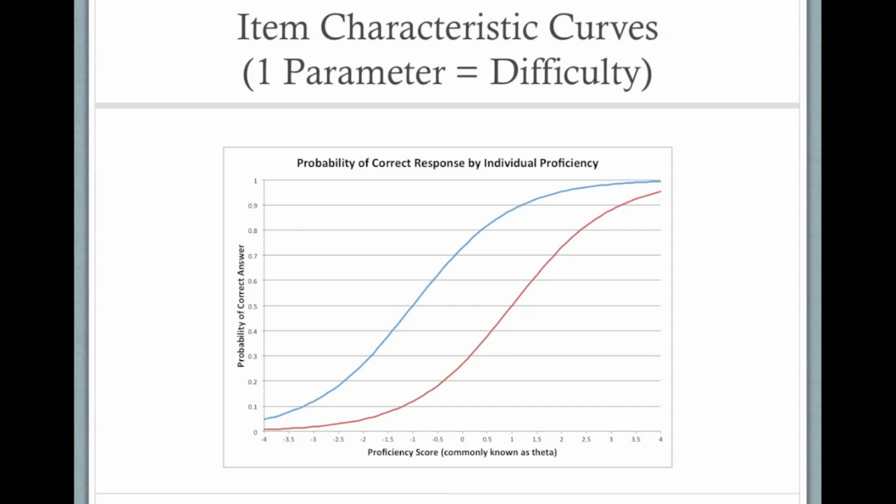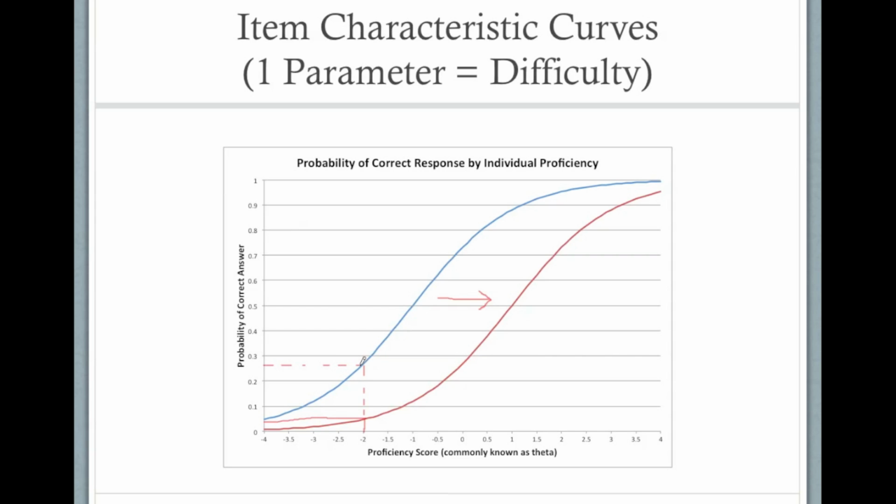Let's look at two item characteristic curves from a one-parameter model side by side. So you can see here we have two items and one is more difficult than the other. The red one is more difficult than the blue. The curve is just shifted over to the right, which is where the term item location comes from. Just like we did on the last slide, we can say, okay, for someone with a proficiency score of -2, what's the probability that they're going to get the red item correctly compared to the blue? For the blue item, we can see that it's about maybe 0.27, and for the other item, we can see